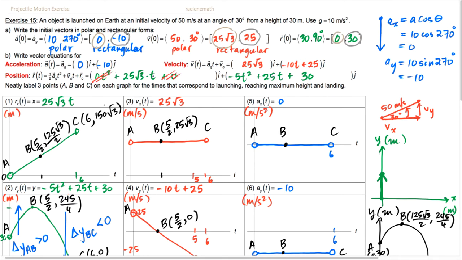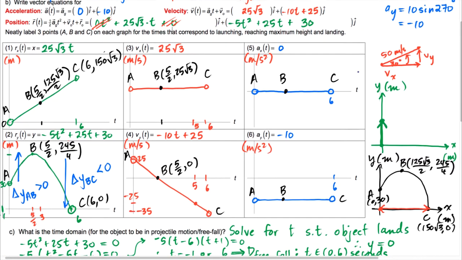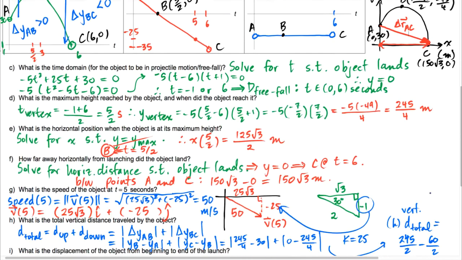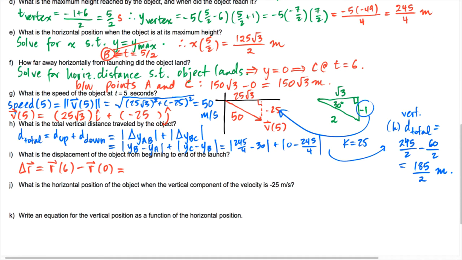So we've got 25 root 3 t i hats, and then this quadratic function times j hat. What we're really doing then is looking for this position function in the xy plane. I said position function, I really mean this vector, and this is the displacement vector delta r from point A to point C. So we're trying to find the vector. One of the misconceptions when we read questions like this is that we assume that we're coming up with a scalar quantity, but it doesn't ask for the magnitude of the displacement. And therefore, we are well within our rights to simply leave our vector as an expression in terms of